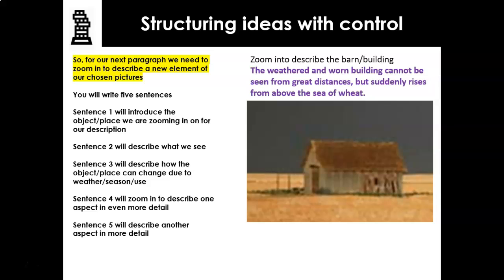Now again, imagination here, guys. We can't physically see inside the building because of the picture, but if you want to, for sentence 5, you can describe another aspect of the building in more detail. Imagine you're inside. Inside the floor is covered in discarded mats and beer bottles from the last illicit party of the season. So imagination also comes into play here. So if that's your picture, you're going to pause. You're not going to come any further. You're going to start to create 5 sentences that zoom in to describe that building.